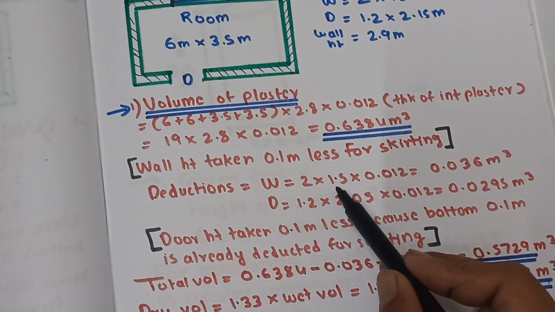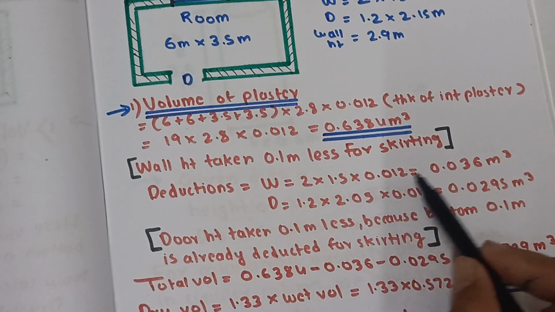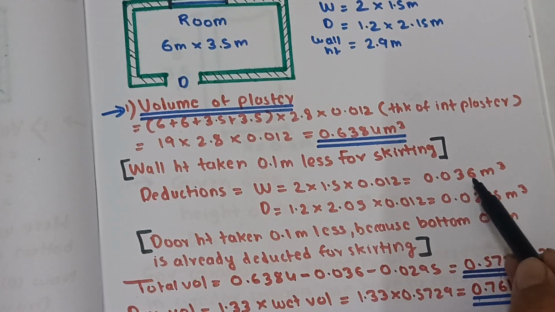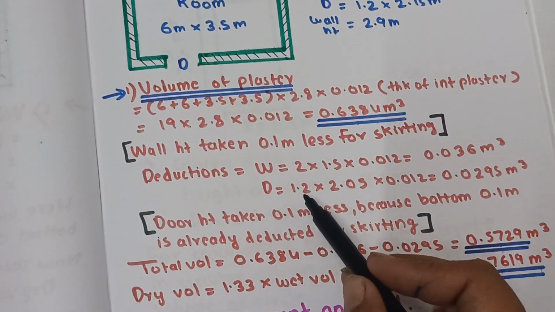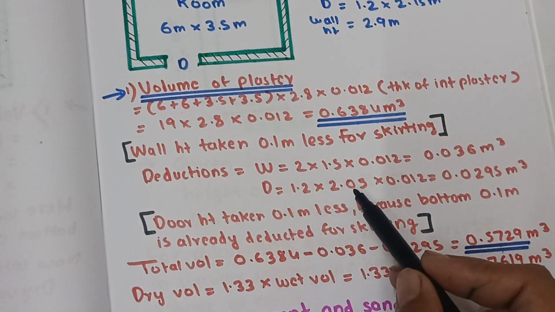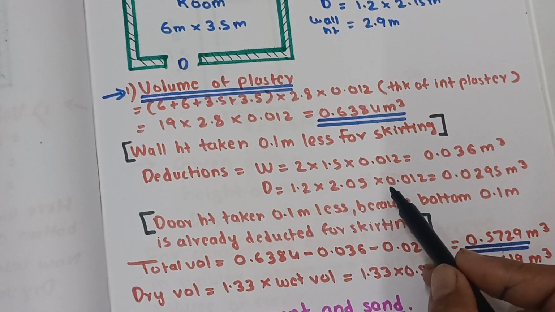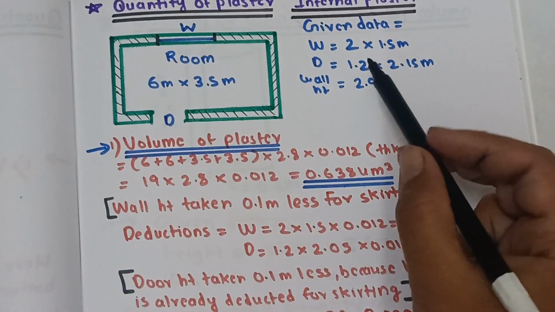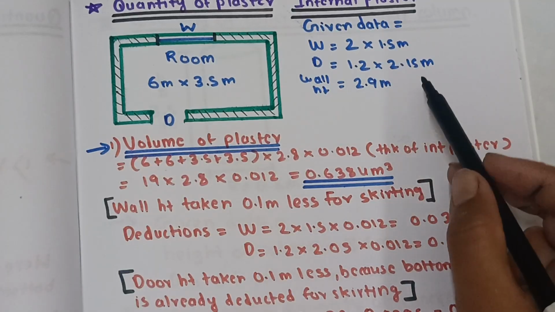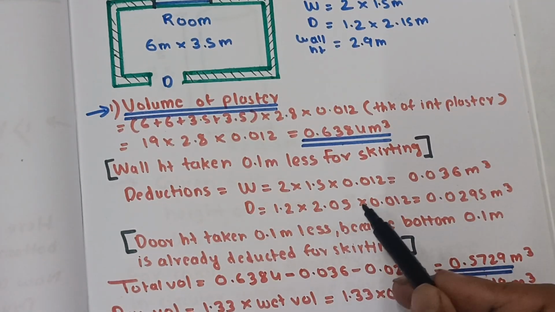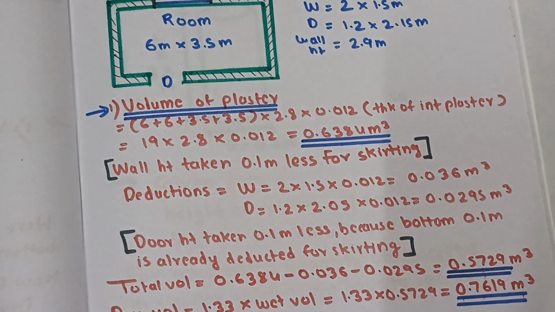Window size 2 by 1.5 into 0.012 is 0.036 m cube. Then the door is 1.2 into 2.05 into 0.012. Door size given is 1.2 by 2.15. We have taken 2.05 meter height because